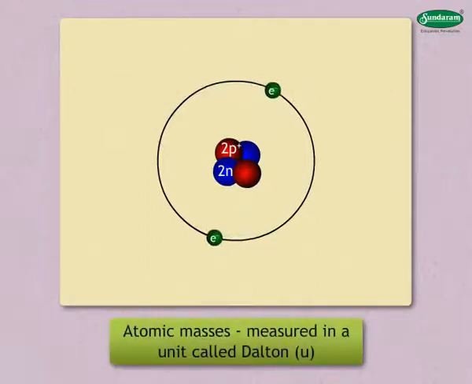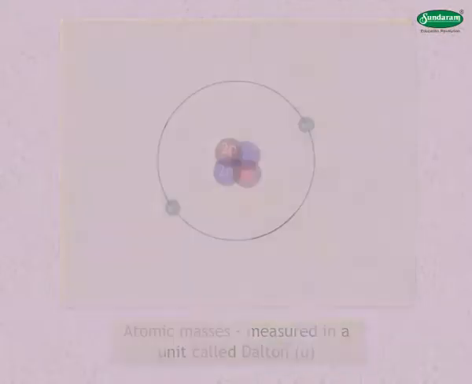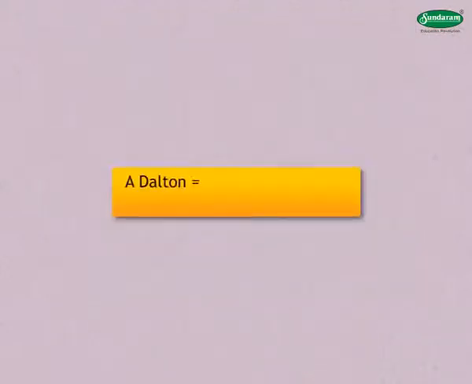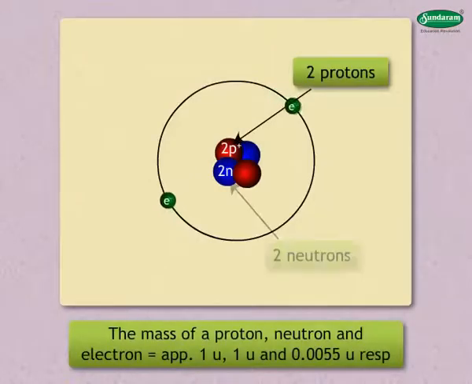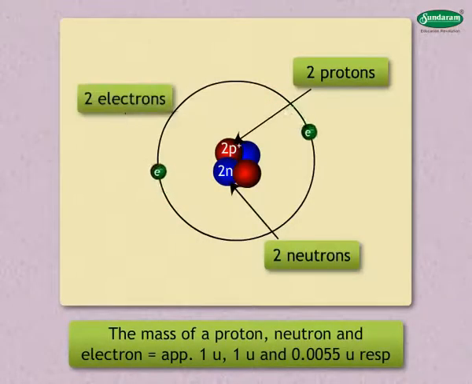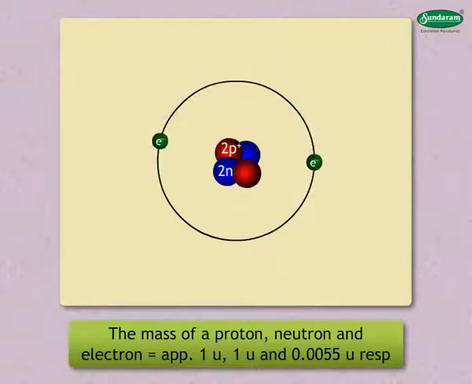Atomic masses are measured in a unit called Dalton or u. A Dalton is approximately equal to 1 atomic mass unit, or AMU, which is equal to 1.6 × 10⁻²⁷ kilograms. The mass of a proton, neutron and electron is approximately 1 AMU, 1 AMU and